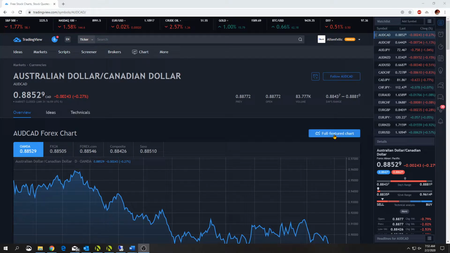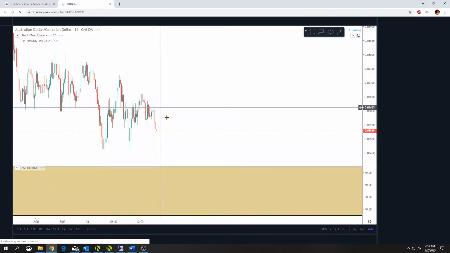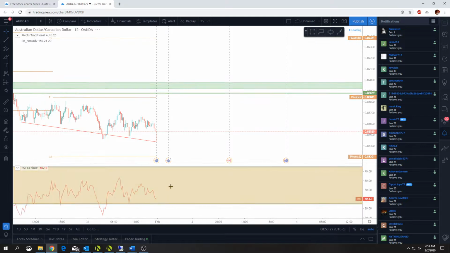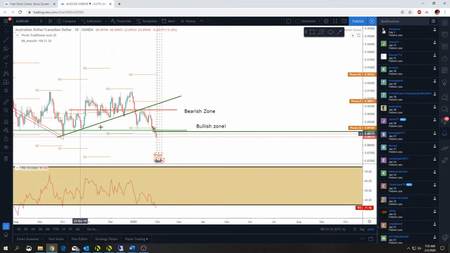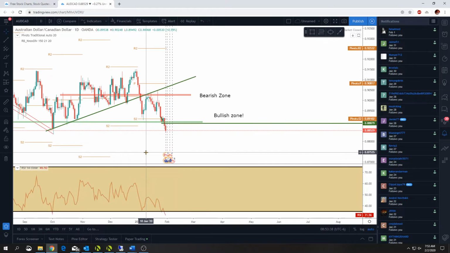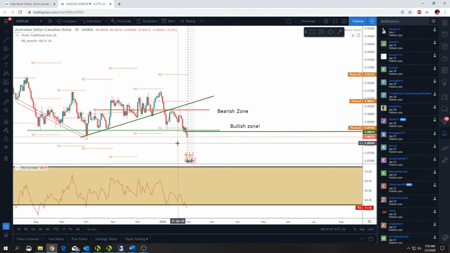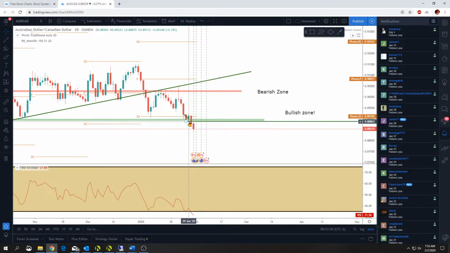Let's look at Australian dollar, Canadian dollar. And again, I haven't gone through these since last week, and I always leave up what I had posted from last week, and we adjust it here on this channel. So as you can see, we were targeting this area here for support, and didn't quite get it. We got a little bit of a jump here, and I believe we even took that trade because we had this trend line break. We got a little bit of a win off of it,